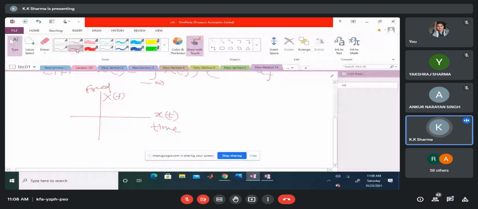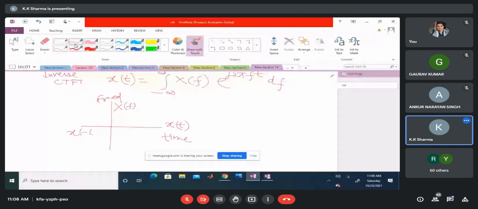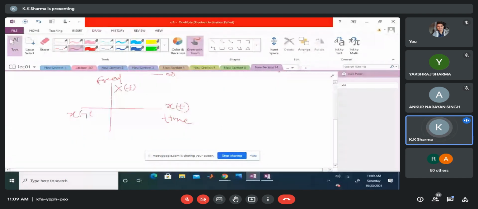This particular axis will then represent x of minus t. And this axis will represent x of